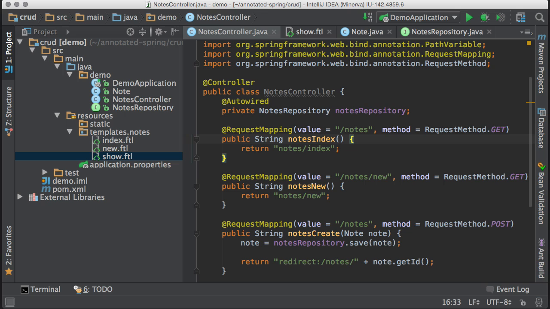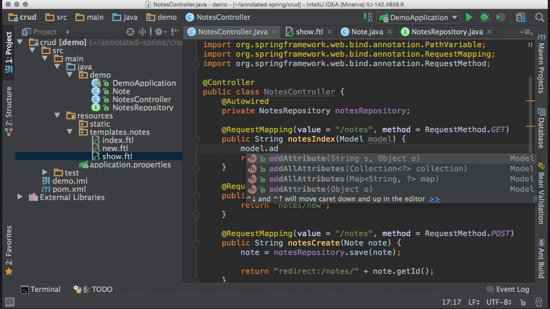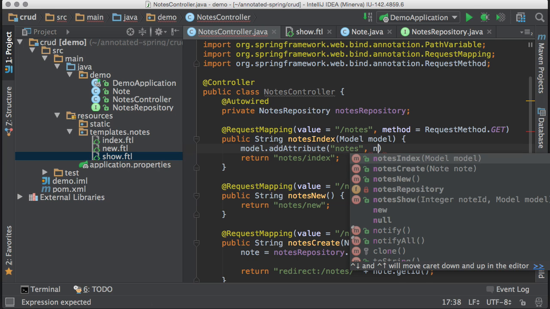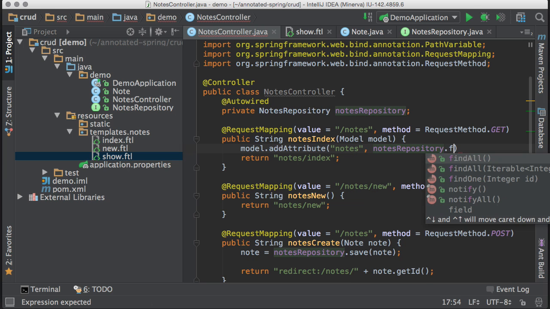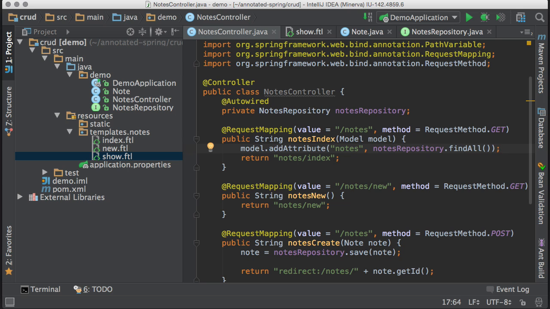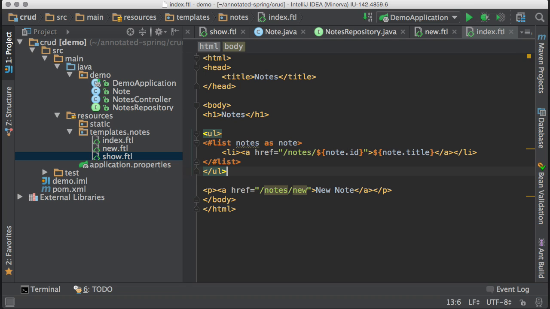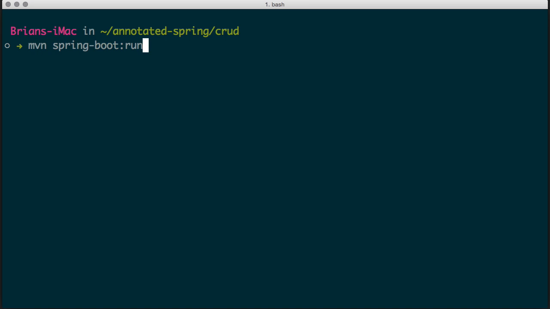We need to update the index action to load all the notes in the repository and expose that list to the view model. We can do that by passing in a model and then adding an attribute called notes and using our note repository to find all the notes. Then we can update our index page to render a list of all the notes. So we'll loop through the notes and spit out a link that says /notes and the ID with the title of the note. If we restart the server one more time,